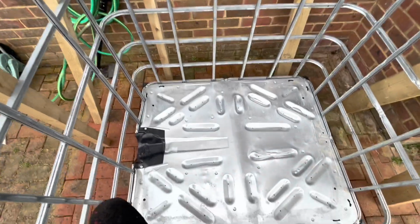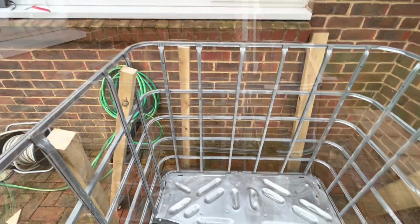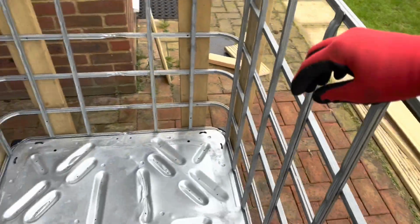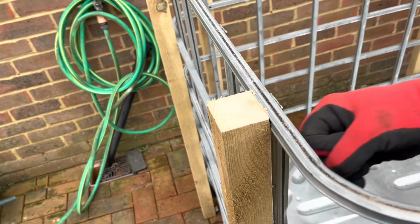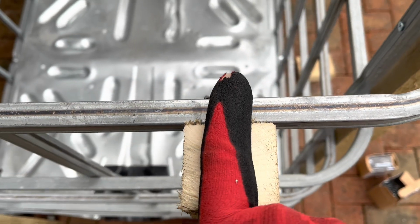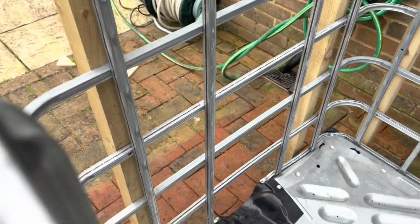Right, so my holes drilled. Just going to have a quick sweep up of the metal filings, and then we're going to screw these bad boys in. Cool. What I've done makes this a bit easier. I've just gone round and from the outside screwed the top screw in. It's been easy to sort of line up, make sure I get that level at the top and central to the beam I'm going to screw into, and then I'm going to get inside and I can just go through,